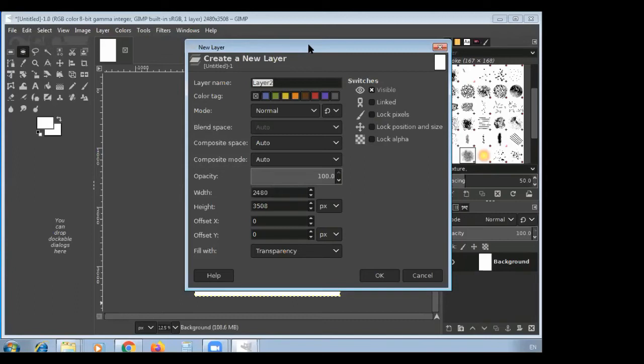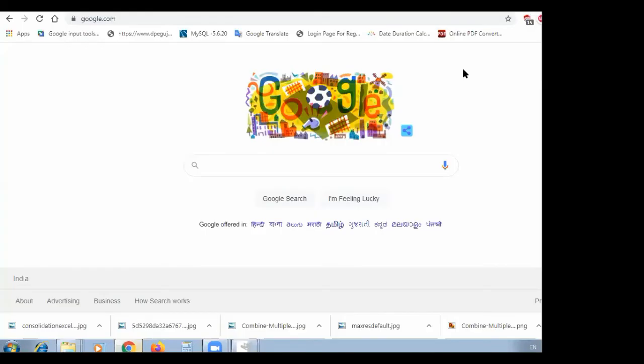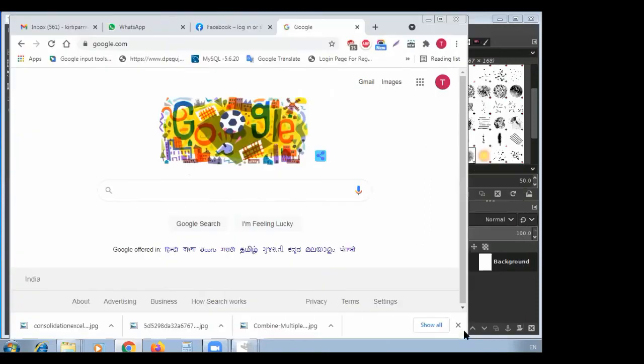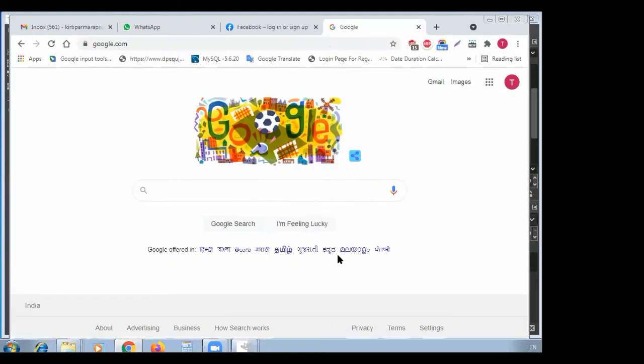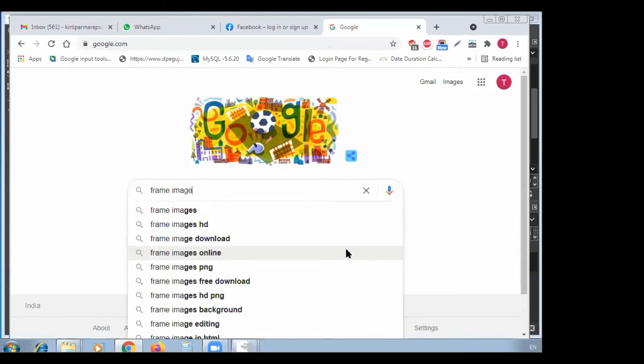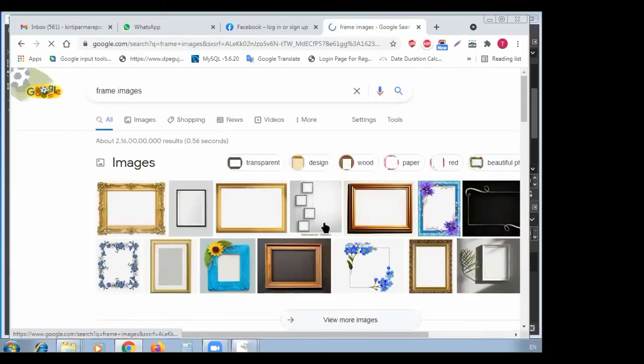If you have an image of a frame available, you can directly upload it in your GIMP application, but if you haven't, first you need to open Google, and then search for the image of a frame. Frame images. Yes, you got it over here.